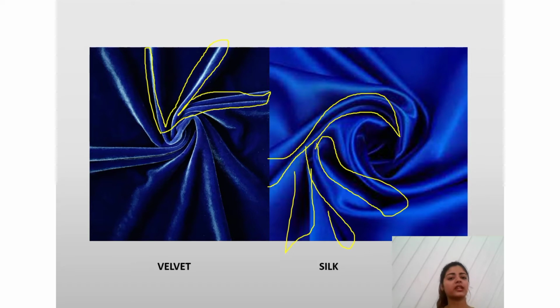So while doing illustration, what we have to keep in mind is, in velvet, for depicting our folds, we have to keep the fold area the same color as the base coat, and we have to keep all the shade leaving that fold area darker.